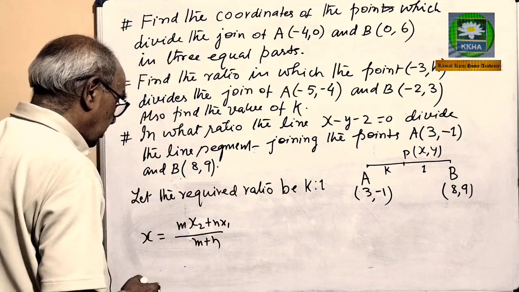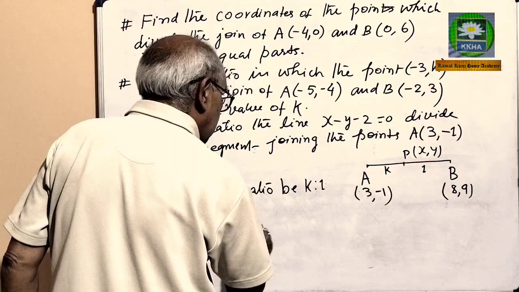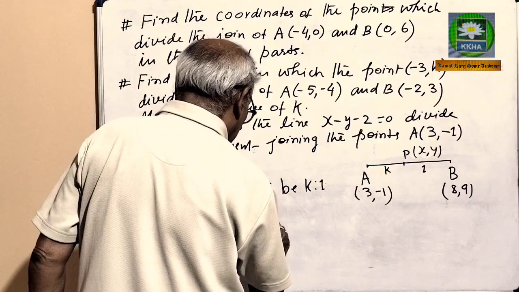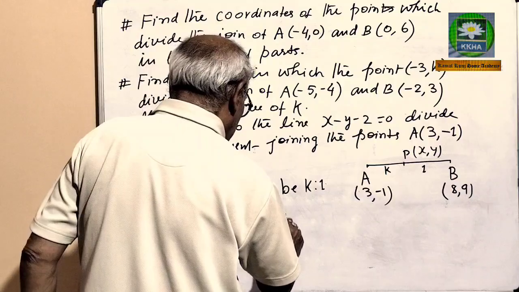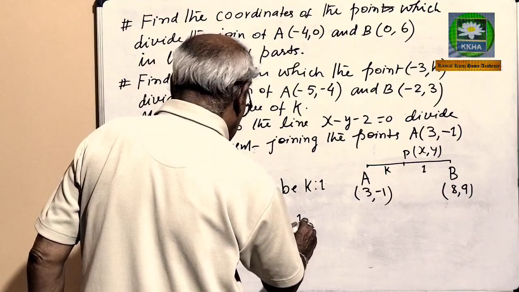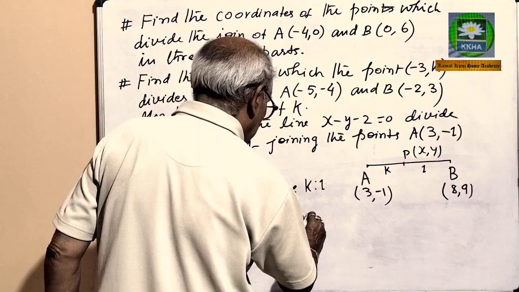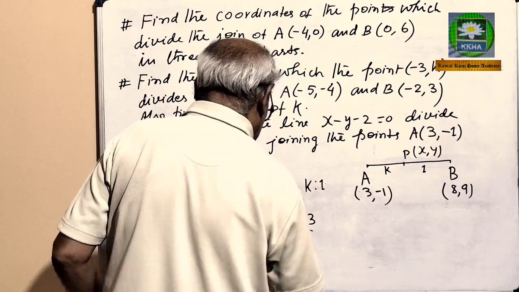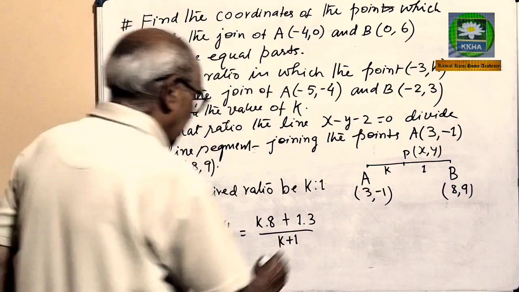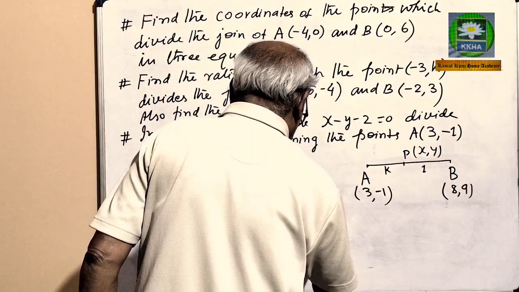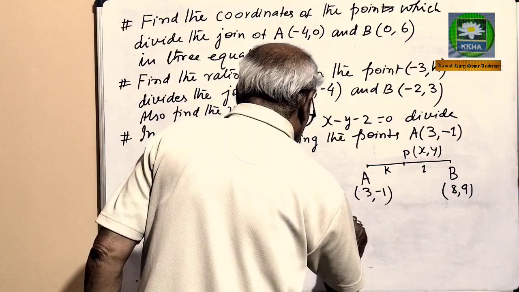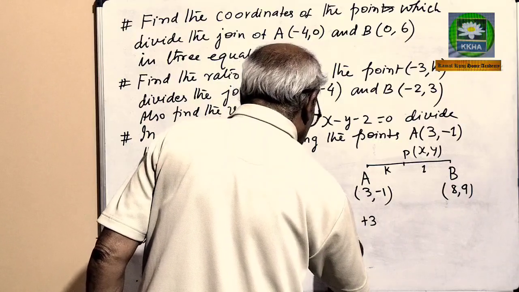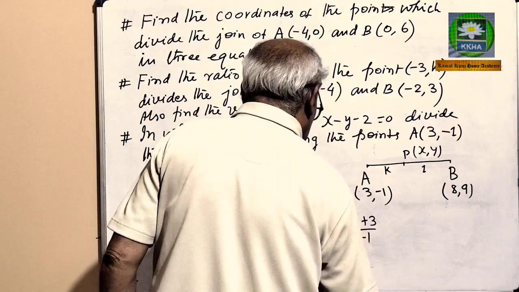Here m equal to k and n equal to 1. So this will equal to k into x2 which is 8, plus n equal to 1 and x1 equal to 3, upon k plus 1, so equal to 8k plus 3 upon k plus 1